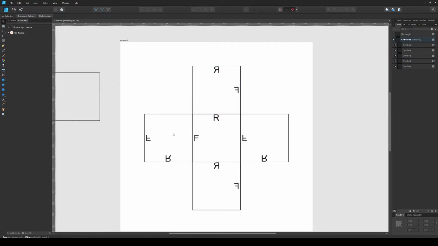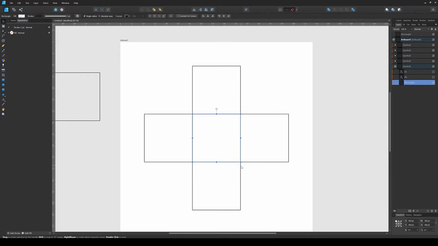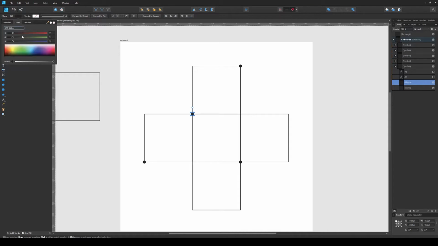So now our basic arrangement is ready. Now we do not need these letters anymore, so I'm just going to hide these. I'm going to select that square shape here, and convert it into curves. Now I'm going to remove some of these corner points. But before I do that, I need to make sure that these corner points are easily labeled and identified here, because we do not want to mess up these corner points once we start